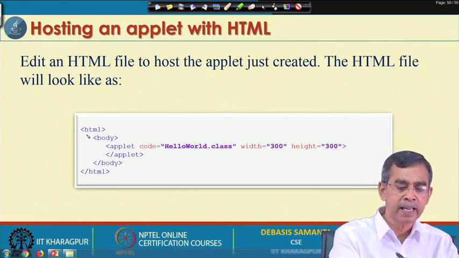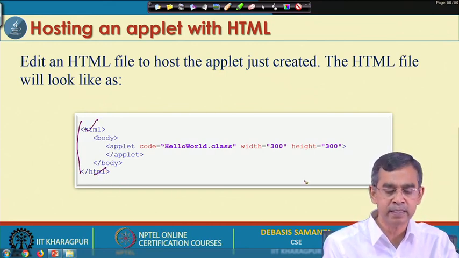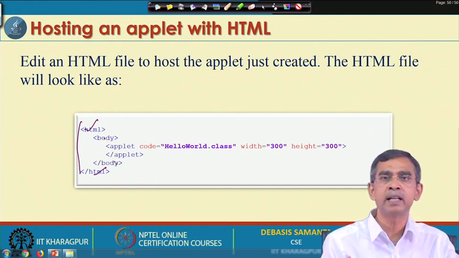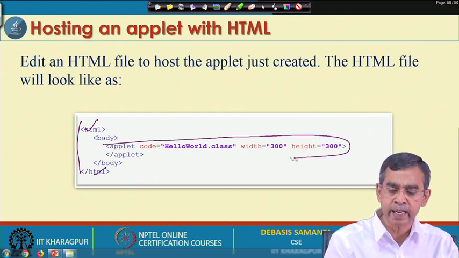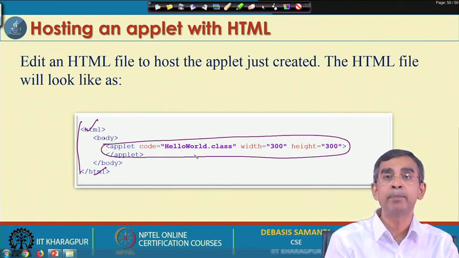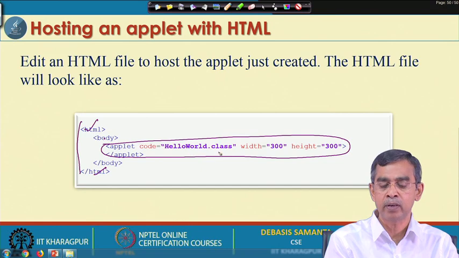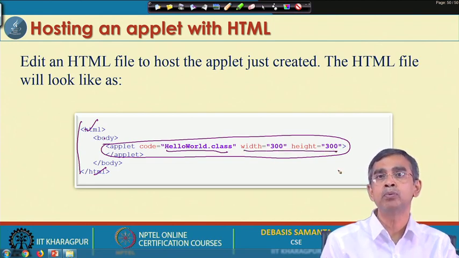Here is what the HTML file looks like. This is the beginning of the tag, this is the ending of the tag, as the HTML construct is there. This is the body of the HTML, and here is the syntax that you should follow to embed your .class file. So, applet code and then HelloWorld.class. This is the file that you have created, I mean compiled, by writing your Java applet program, and these values indicate how large an applet you want to display.